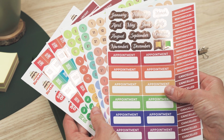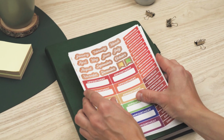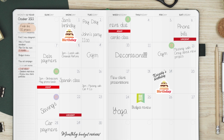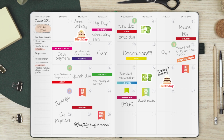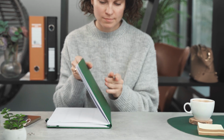Inside, you will also find 7 sheets of colorful stickers for planning, highlighting, and decorating your appointment book. You can use these to mark important dates, urgent due dates or tasks, meetings, paydays, and anything else that requires your attention. We hope this appointment book will help streamline your planning routine and manage your time